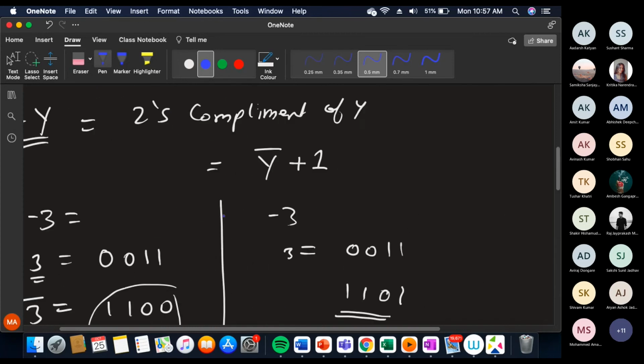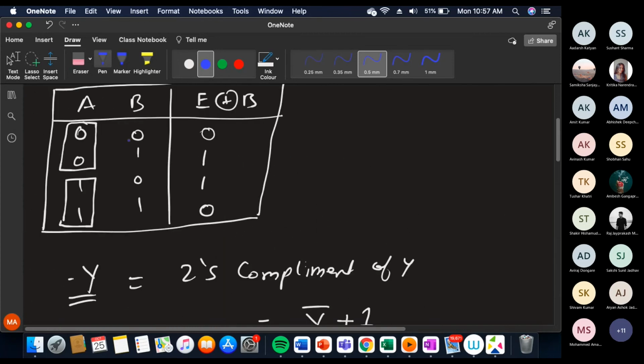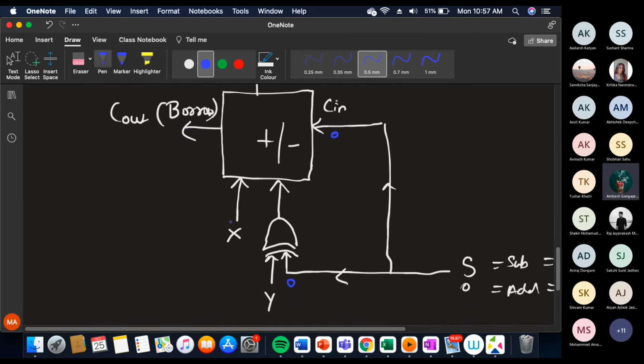Just look at the truth table. Anything when XORed with 0 is nothing but the second input. So if one of the inputs is fixed, which is 0, can I say the output has to be the second input? So in this case, what will be the output here? Y. So one input is X, one input is Y, and one input is 0. So what will this circuit act as? It will act as an adder, right? It will do X plus Y plus 0, which is nothing but the normal addition. Correct?